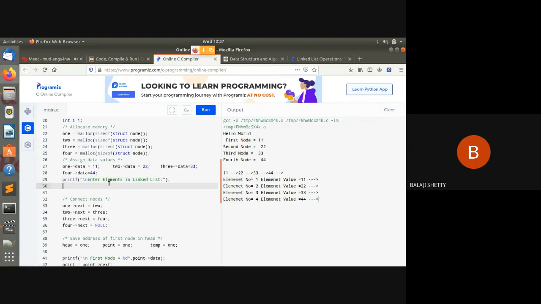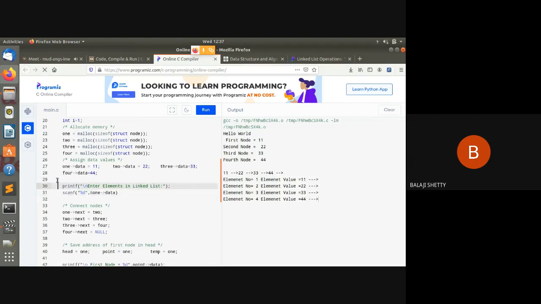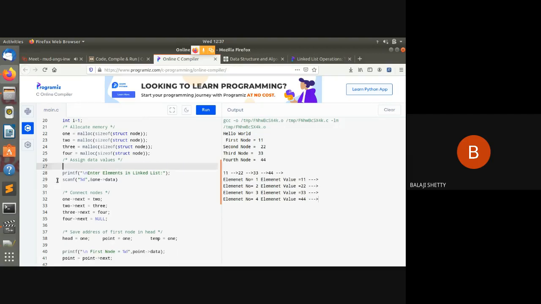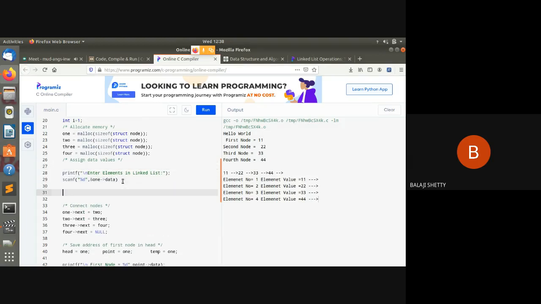Okay, and here I have to write scanf, %d, comma. Now this is one data. It is stored in one data. Simply write and one data, right? So in the same way, now here, if you skip this statement, and if I take static inputs, now your idea will be more clear.